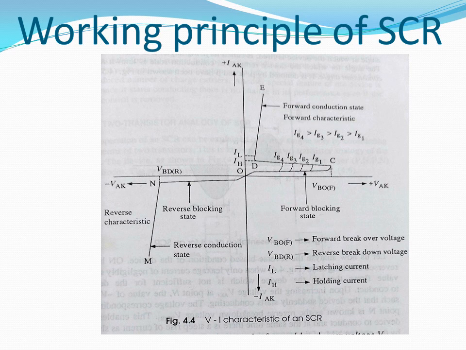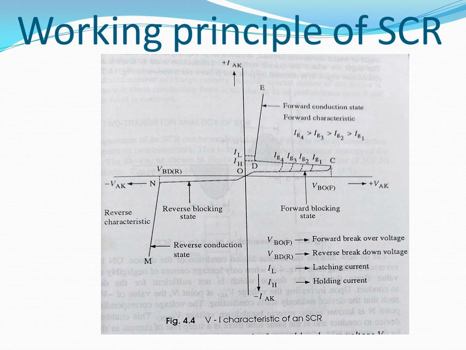Again, a very small amount of current will flow, and this current is again insufficient for the SCR to conduct. This state is known as the reverse blocking state or off state of SCR. Now, let us look towards the third condition, that the voltage applied between the anode and the cathode is variable.